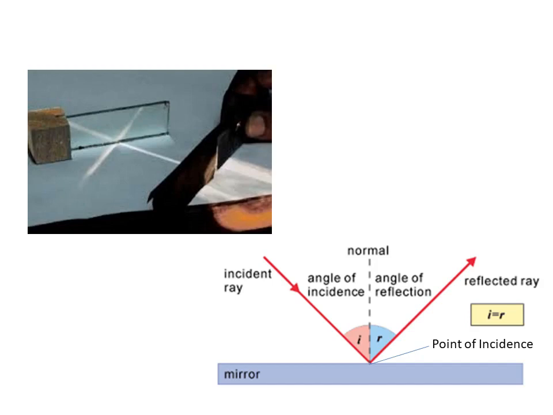The rays going away from the surface after reflection are called reflected rays. Just look at the diagram. You can see the reflected rays. They are the rays going away from the surface after reflection. The direction of the reflected rays is decided by some rules which are called laws of reflection. Let us learn some definitions before learning about these laws.